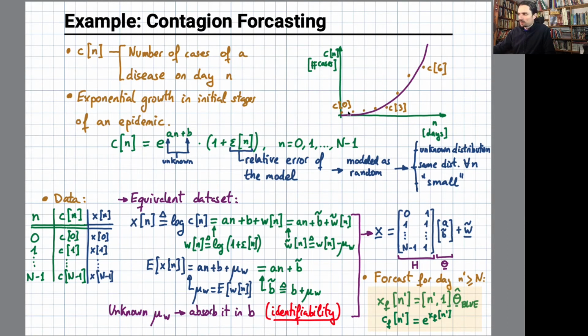So this provides a way of estimating the number of cases in the future, but I insist that in practice the methods that are used account for other factors and are more complicated than this one. But for getting the intuition, I think it is a good example, and it also illustrates how to deal with identifiability problems that we all encounter in our practice, in research or in statistics.